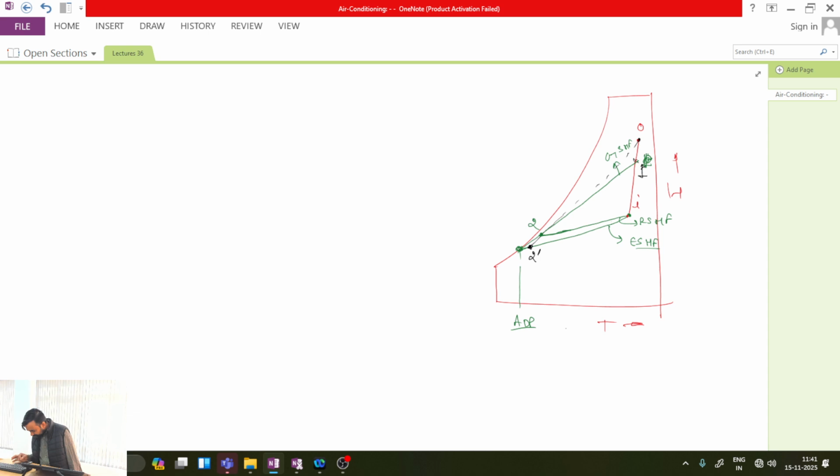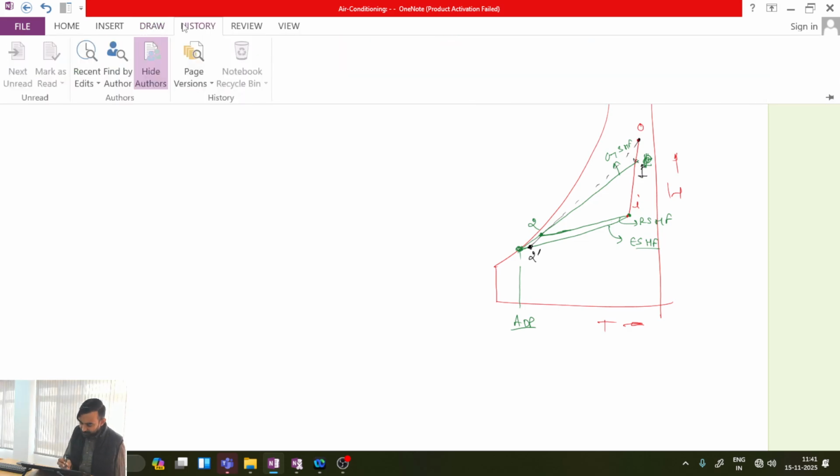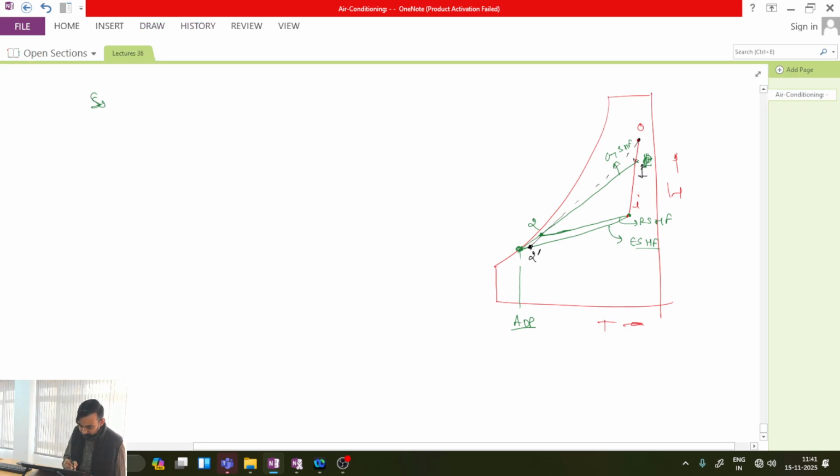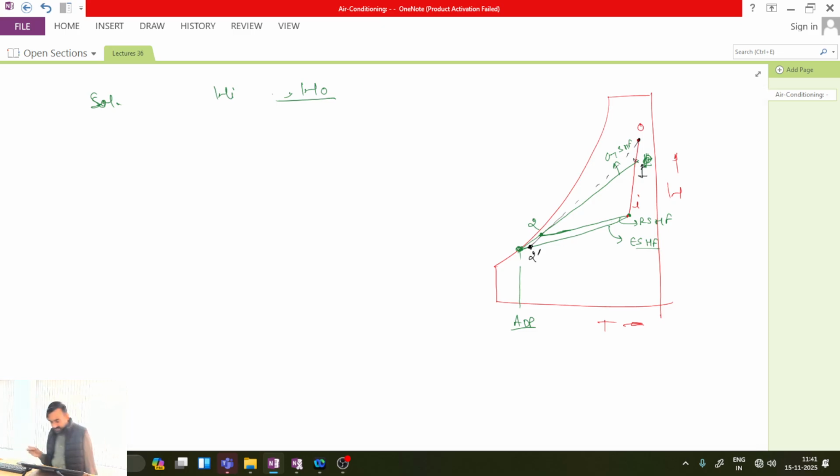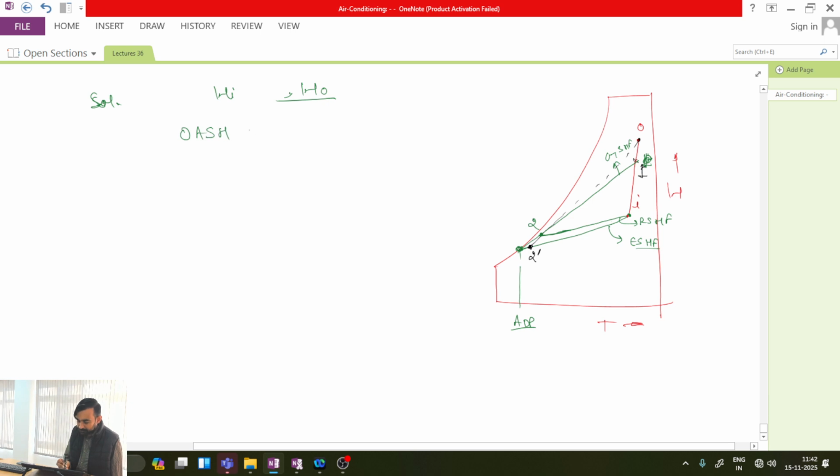Okay, how can I proceed for the solution of this question? Tell me. I know from the previous example what Wi and W naught are. Do I know from the previous example what Wi and W naught are? I am not writing over here, I am simply writing Wi and W naught are known to me. Okay. And can I calculate OASH and OALH? How much will be OASH? 48.96 kilowatt. Those who have not calculated, for them I am giving the formula 0.0204